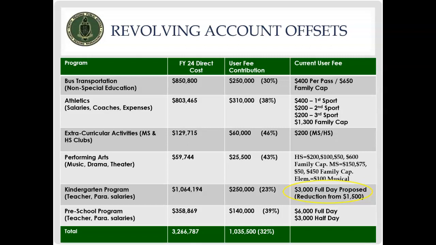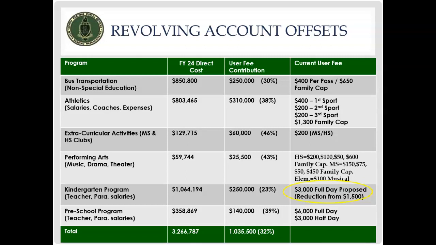Extracurricular activities at middle school and the high school, we bring in about $60,000. Stipends for those programs are close to $130,000, so we're about 46%, and that's currently set at $200 for the middle school and high school. Performing arts, we've restructured that user fee over the past couple of years, and we bring in a little over $25,000. The actual direct cost of those stipends is close to $60,000, so we're at about 43% of those costs.